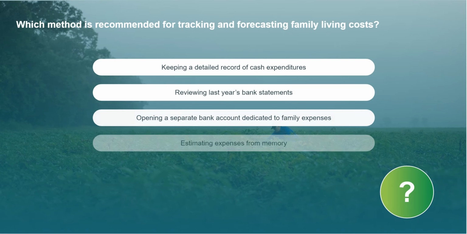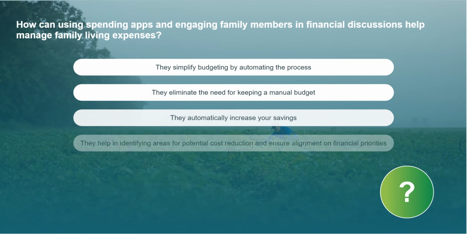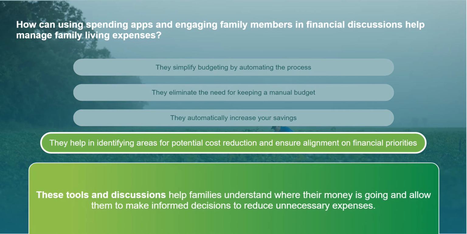Which method is recommended for tracking and forecasting family living costs? Opening a separate account is one of the most effective ways to clearly differentiate and manage your family living costs, making tracking and forecasting much easier. How can using spending apps and engaging family members in financial discussions help manage family living expenses? These tools and discussions help families understand where their money is going and allow them to make informed decisions to